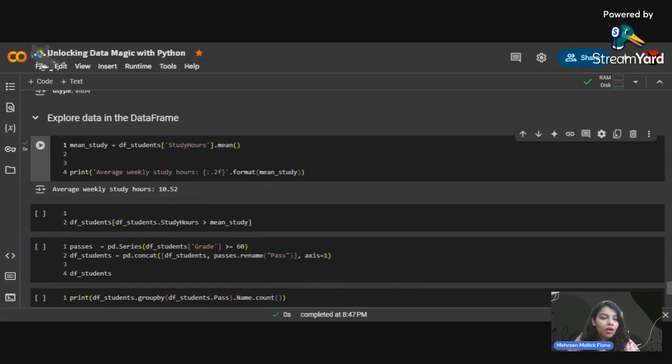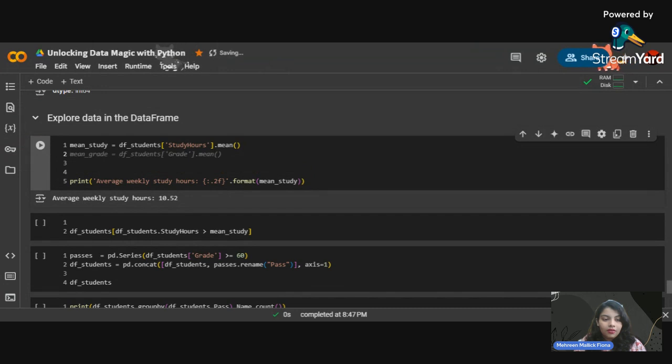Hello everyone. Now we are going to explore a short example where we are going to see our understanding of the pandas operations. We are going to learn about more advanced searching and analyzing, where we are going to see how we can do a mean. As you can see, we can take the mean of study hours by simply following the study hours in the format of dictionary key value. If I want to know about the grade, as you can see, it is giving me a suggestion.